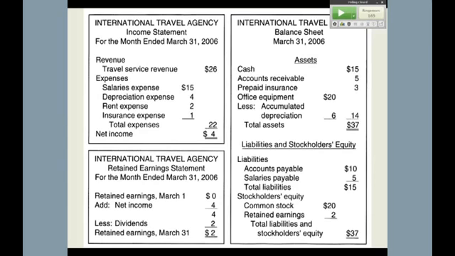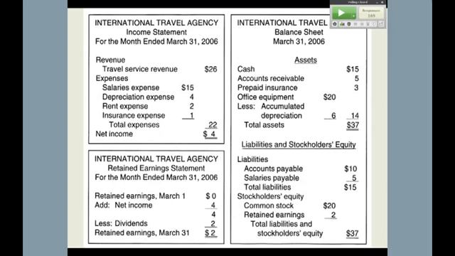So I can simply take the revenues and the expenses and come up with the $4 net income for the travel agency. Once again, you know that the first statement you prepare is the income statement. Next is retained earnings. The beginning balance is 0. Net income gets closed, minus the dividends of 2, gives you the ending retained earnings, and that's needed for the balance sheet,